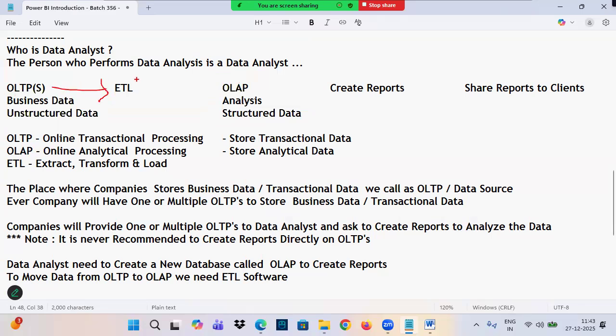You are moving through a software called what? ETL. E stands for what? Extract. Extract means take the data. T stands for what? Transform. Transform means it will convert unstructured to what? Structured. Unstructured to structured. Major work in the ETL is transform. It takes the unstructured data, converts it to structured data, and that structured data is stored in